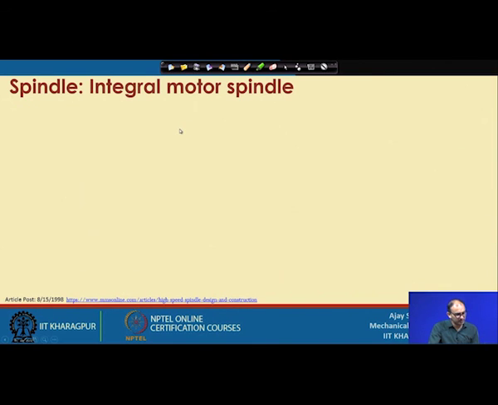Now, coming to the integral spindle, we will discuss this in the next lecture, because whatever we have discussed till now is related to the belt driven spindle. We understood that it is very routinely used. You will find it in most machines, even CNC machines. We have some machines with a belt driven spindle, but it has a speed limitation: you can go maximum 7,000 or 8,000 only, and there are alignment problems and many other things. So, for high speed, it is better to go with the integrated motor spindle.